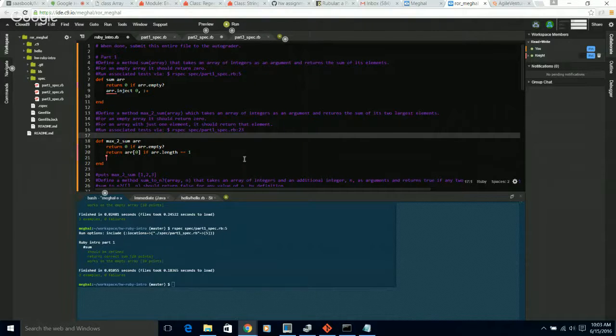So the way we could do is we could traverse through the array and store the two in a local variable of the method, and then just add it and return that. That is one way. Let's try using sort. Yeah, we could sort it,